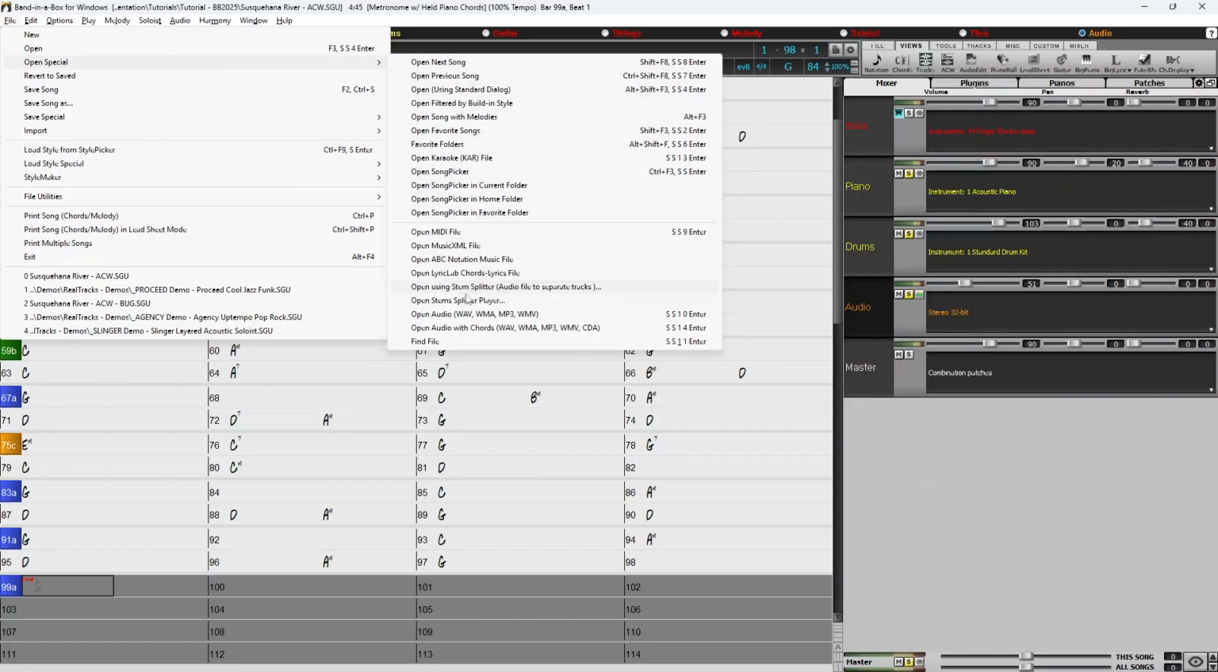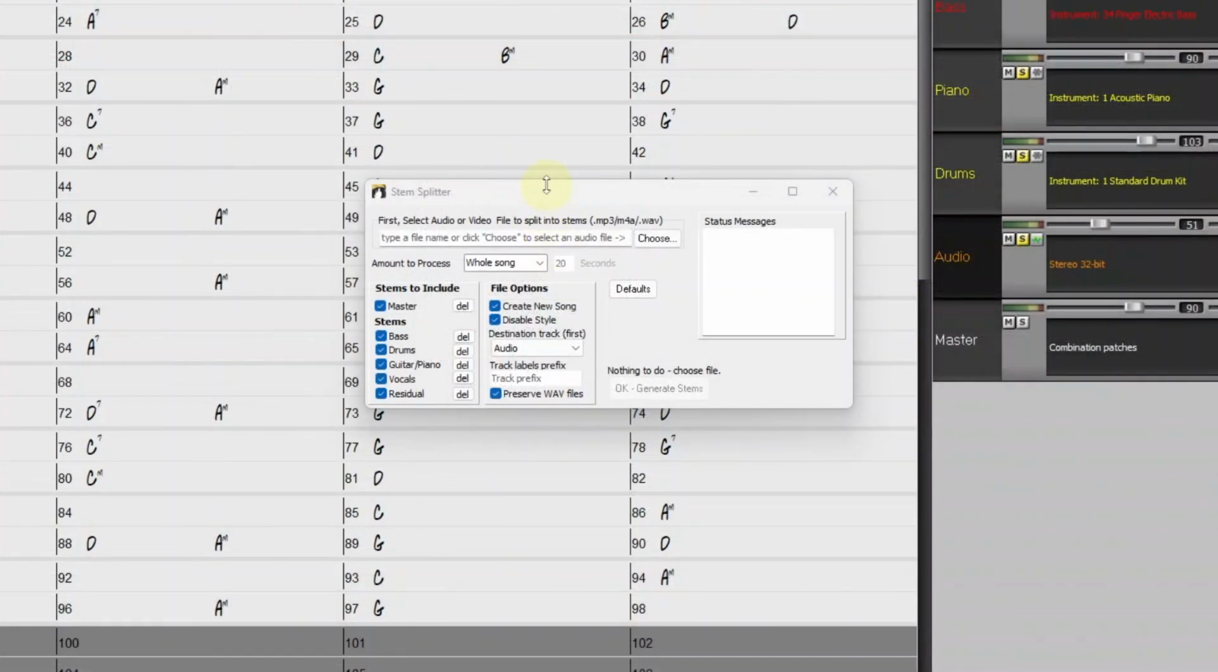Now earlier we used Open Stem Splitter Player. Now I'm going to use Open Using Stem Splitter, audio file to separate tracks. There are some options here, and I'll go through them all. I want to process the whole song. The master is already in here, so I do not need to include master there. But I do want to include all the others,